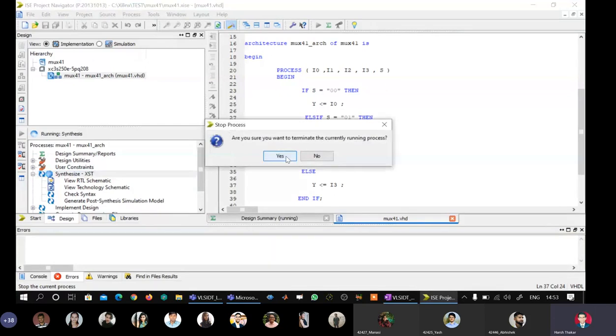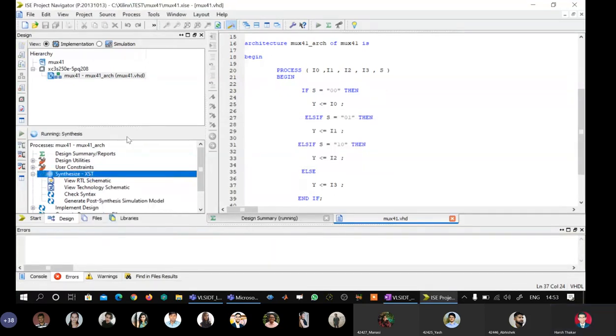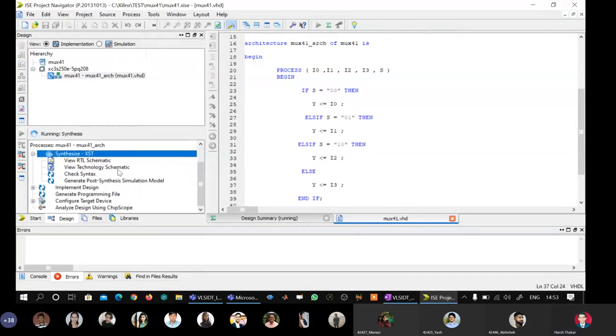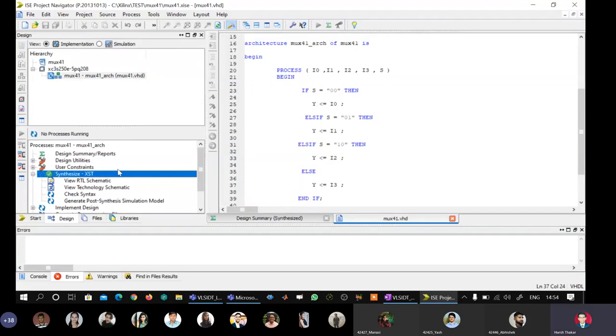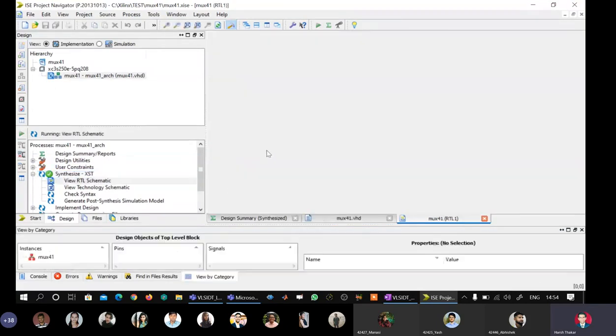It should not be taking so much time because the system is too small. Yeah, we are through. So we have got a tick mark here, and in the console we have got process synthesize XST completed successfully. Let us see the schematic.